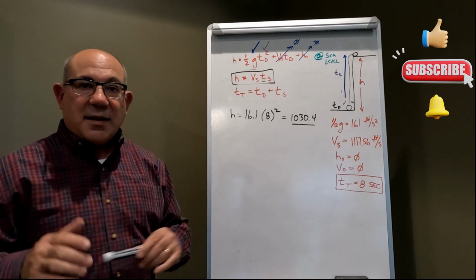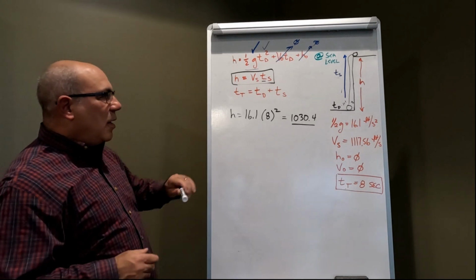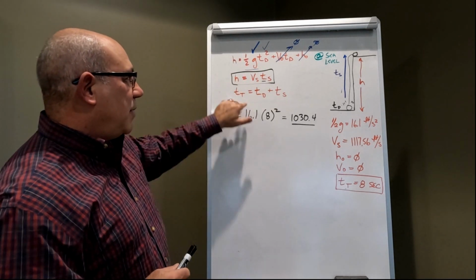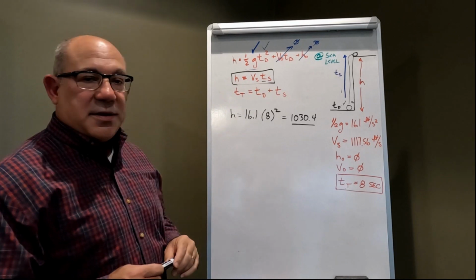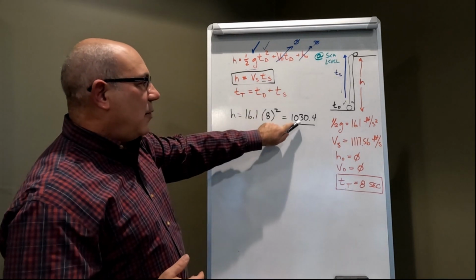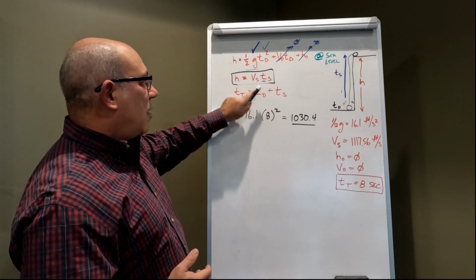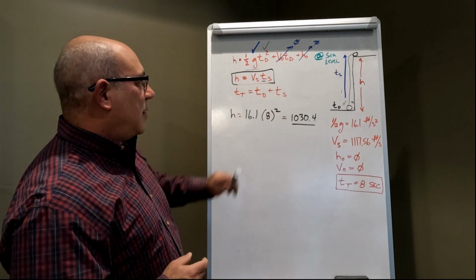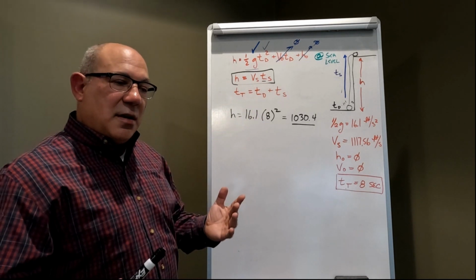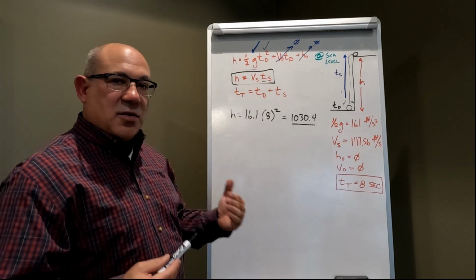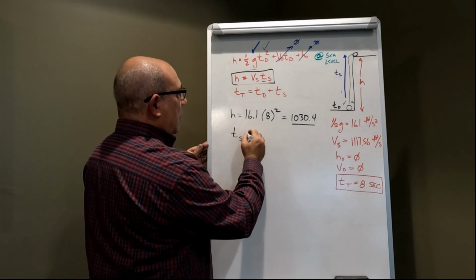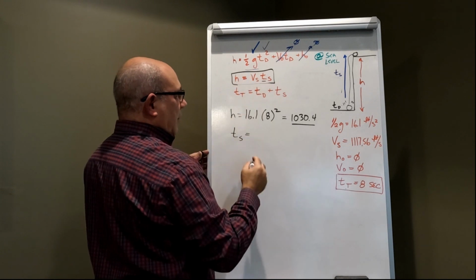So, all right, let's get into the iterative part. Now that we have this initial height, assuming the velocity of sound is infinite because the time total equals the time down, let's figure out how long it would take for sound to travel this far. Since we know the velocity of sound, we can calculate the time for the sound, and that'll give us the first initial point where we could start our iteration. So time of sound will equal